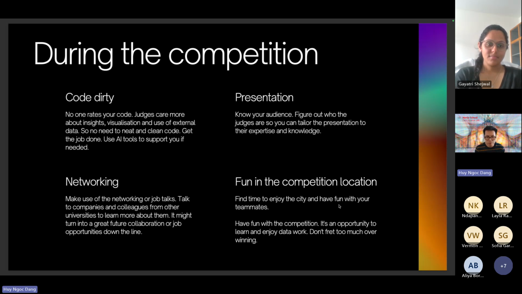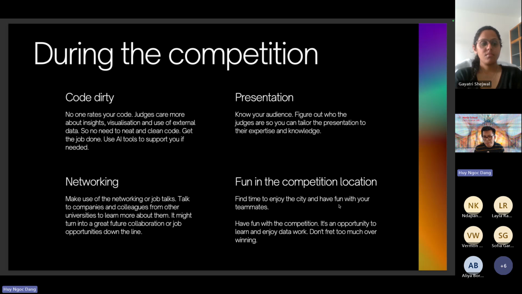So yeah, the judges, they care more about the visualizations, about the insights that you have, and what kind of interesting things you find from the data, or what kind of interesting things you can bring to the table during the presentation. So don't focus too much on the coding part. I mean, the coding part is important, but it should not be something that you spend a lot of time to refine or to make pretty so other people can read it. You can do it later if you want to publish it. But during the competitions, just code very dirty. You can use AI to support it, which I will show a little bit later.